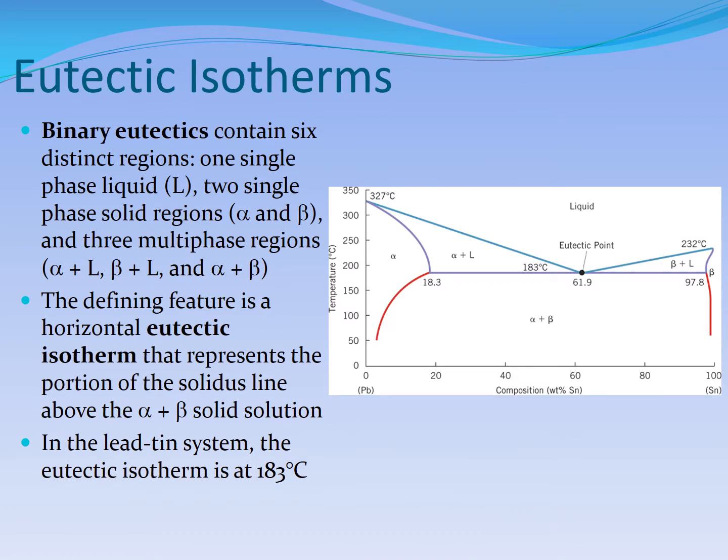Okay, so the break time is over. I had already discussed this in detail in the previous slide. We have a binary eutectic system. So now if you see, this is the liquid region, this is the single solid alpha region, this is the single solid beta region, this is the alpha solid plus liquid region, this is the beta solid plus liquid region, and this is the two solid alpha plus beta region, right? So these are 6 regions, and you have this isotherm.